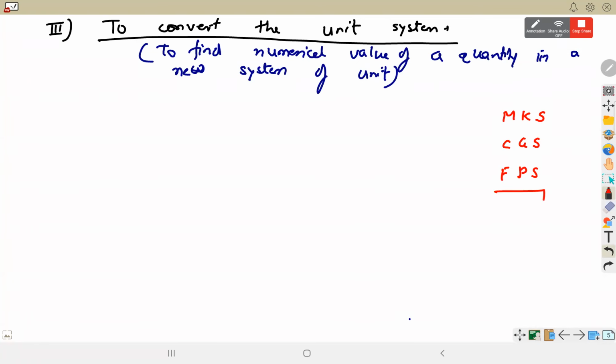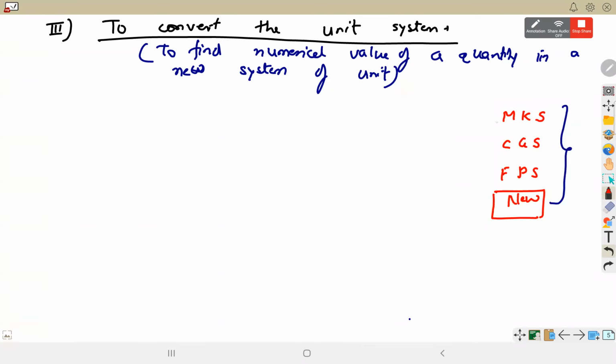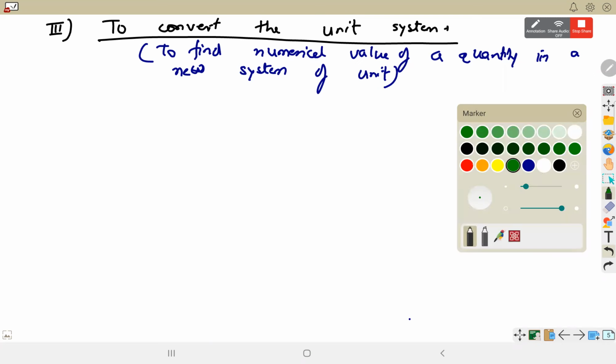और इसके अलावा हम हाइपोथेटिकली कोई भी नया बना सकते हैं. जैसे one of the hypothetical system of distance is light year. The distance traveled by light in a year is considered to be 1 unit. Right, so ऐसे हम कोई भी नया system of unit बना सकते हैं, and in that new system of unit we can find out the value of certain physical quantity which is measured in, suppose, MKS. Now we have to use a new hypothetical system so we can convert. थोड़ा अच्छे से समझना, बेसिक सा ही है, कोई प्रॉब्लम नहीं है. This is a very easy method.